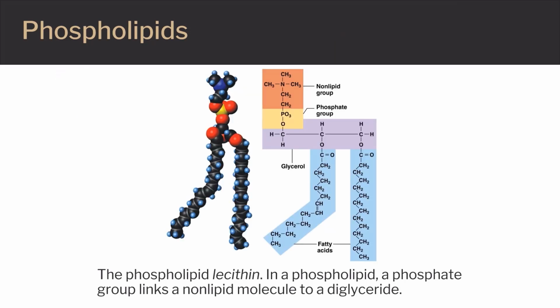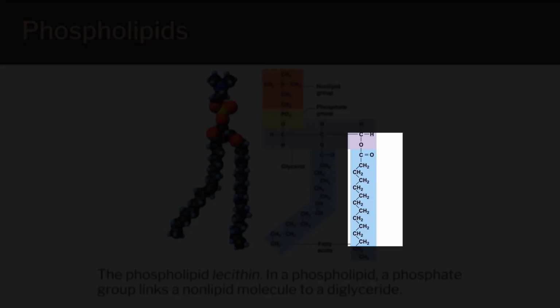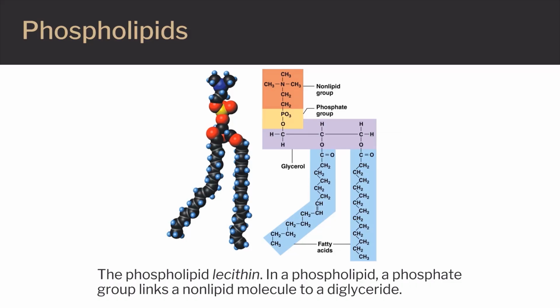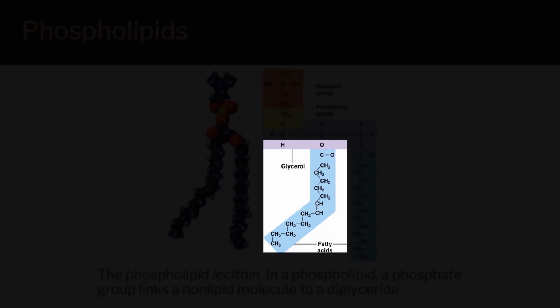In this slide, we can see a model on the left and the structural formula on the right of lecithin, a type of phospholipid. There is a non-lipid group in the head of the molecule, followed by a phosphate group, then a glycerol attached to two fatty acid tails. One fatty acid is saturated and straight with no double bonds, and the other is unsaturated with one double bond